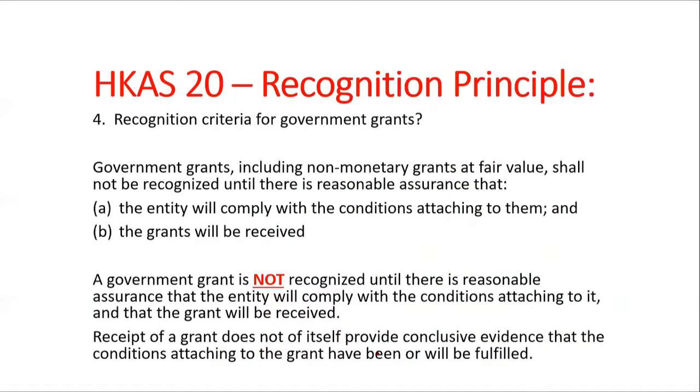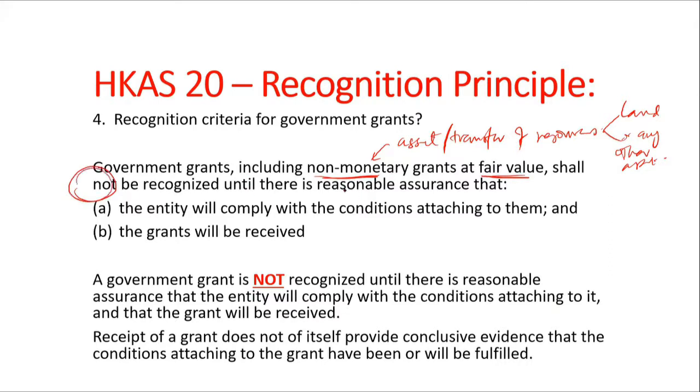So let's look at the recognition criteria for government grants. So government grants, including even non-monetary grants. Non-monetary grants could be assets or transfer of resources, right? Transfer of resources. These resources could be land or any other asset. So non-monetary grants, there would not be cash basically, at fair value